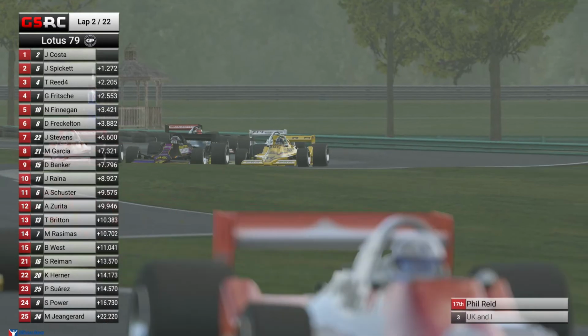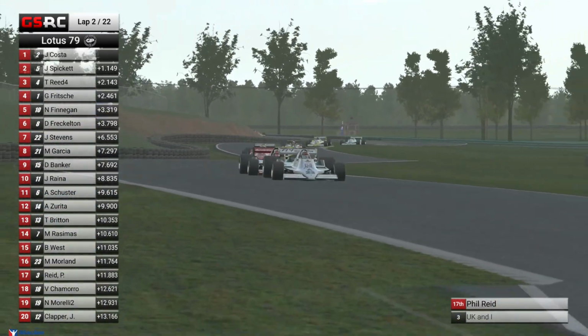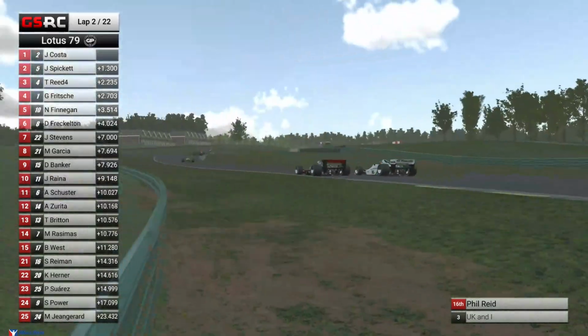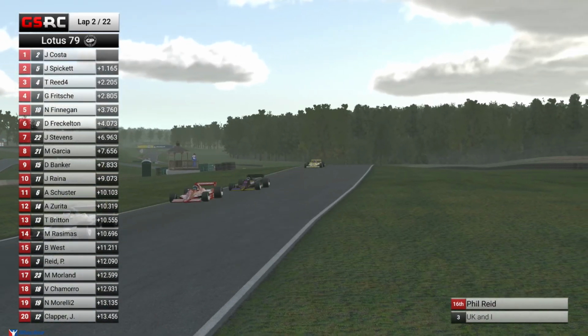Back to Phil Reed here in 17th. He lost a lot at the start. He is down to 11th position, kind of stuck behind Miguel Moreland right now, and he's thinking about it. This could be bad. They're up into climbing S's. You can't go too wide, but it's dangerous, and Miguel is the one to give way in that game of